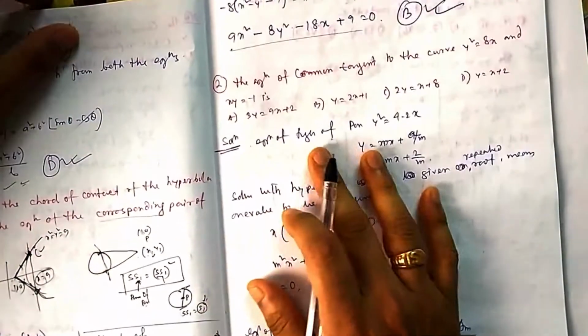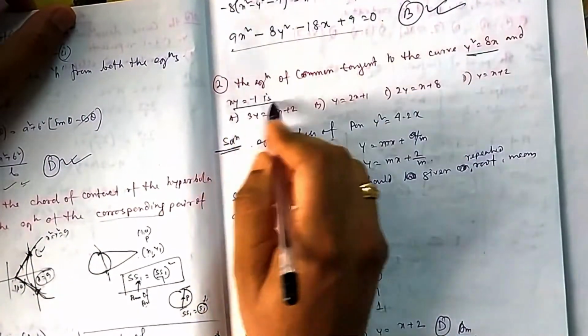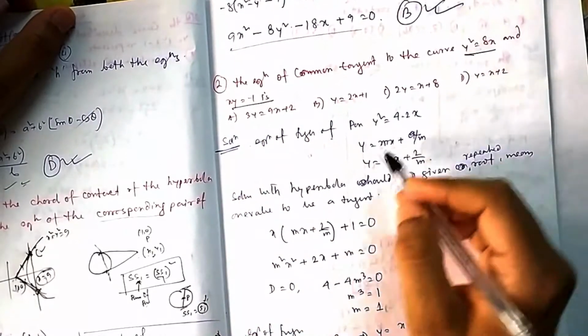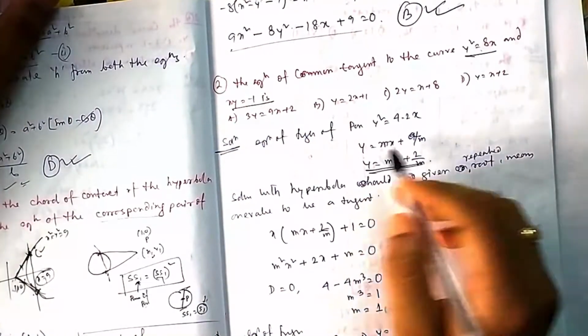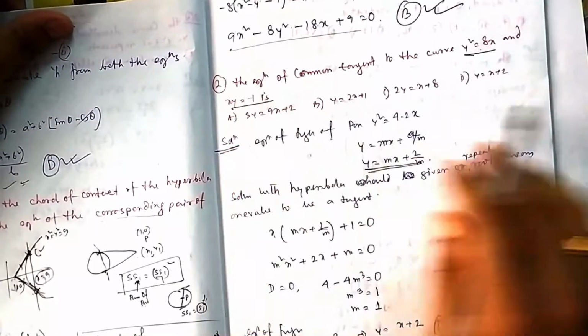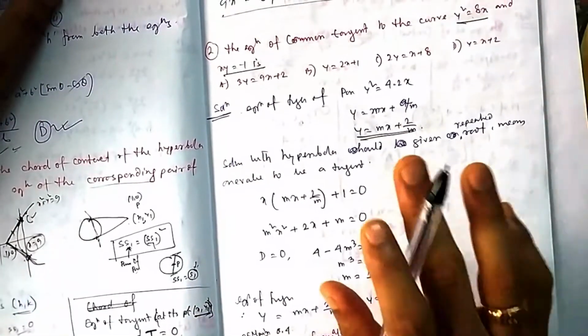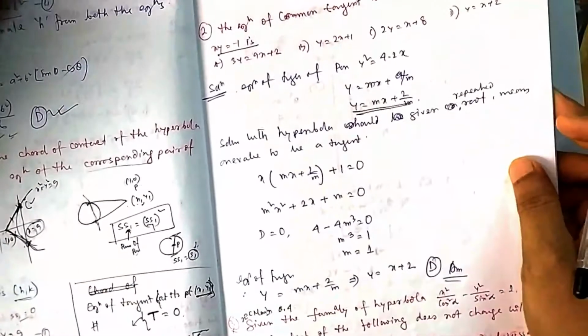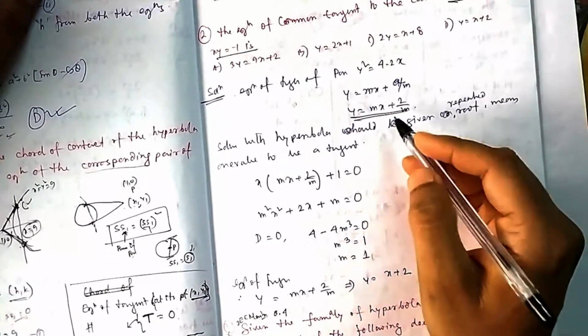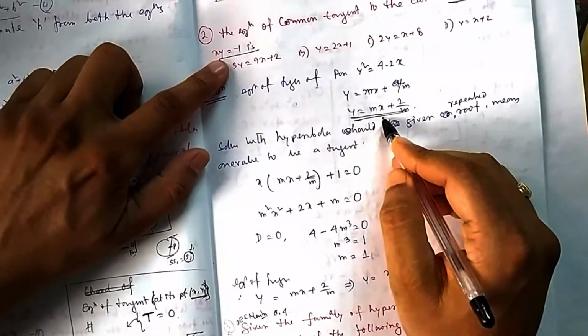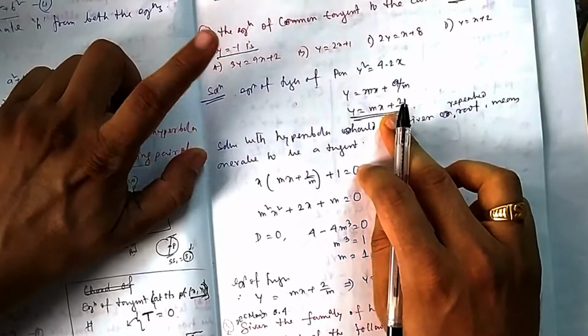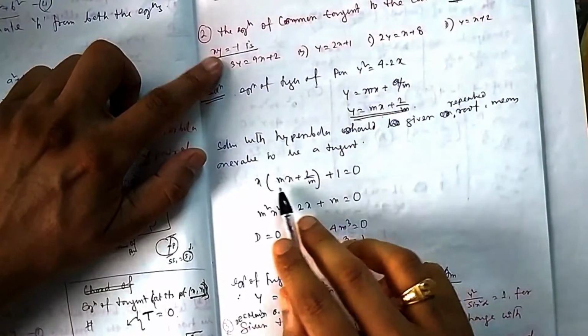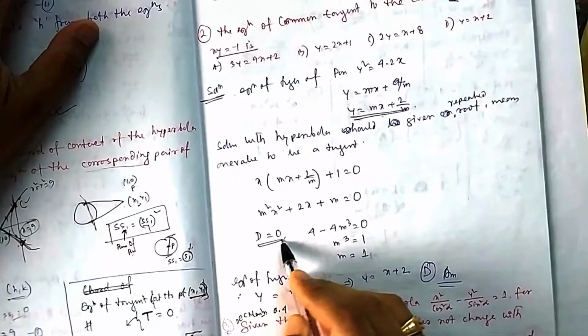Now if you come to question number 2, the equation of the common tangent to this curve and this curve. Now for the common tangent, this one is a rectangular hyperbola. For this one we have not written any condition of tangency, but by now we have already seen and proved so many conditions of tangency. How will we prove that this is a tangent to this one? You solve these two, there should be only one solution. So instead of y you put this, you solve this, and D should be equal to 0.